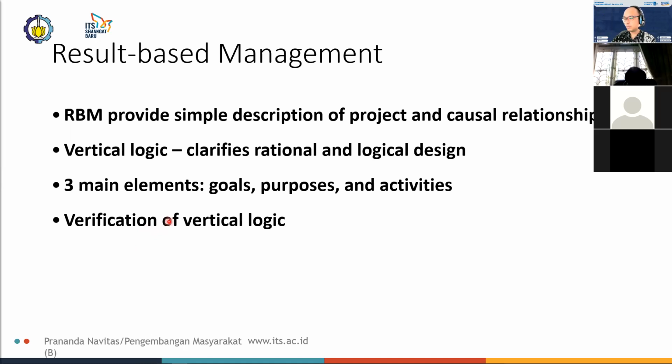But yeah, there are three main elements here: goals, purposes, and activities. So the goals or objectives, whatever you might want to call them, is, for example, establishing a community library,